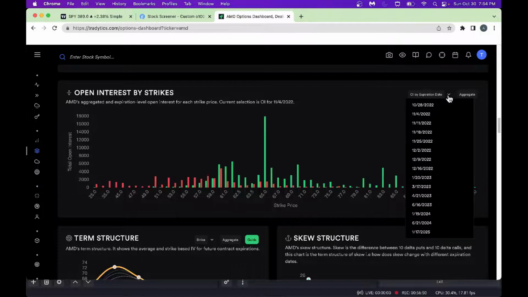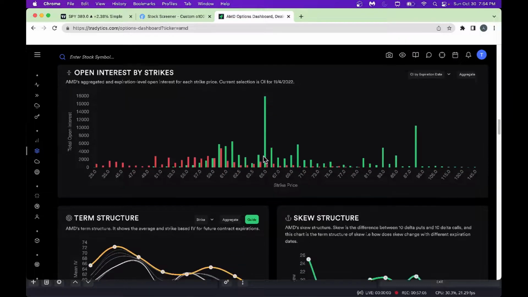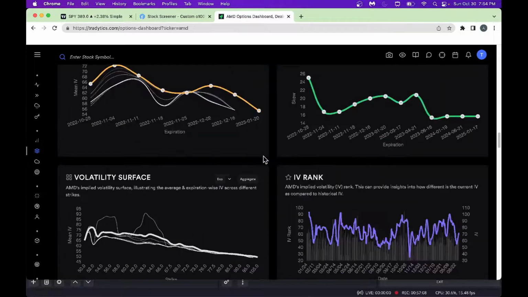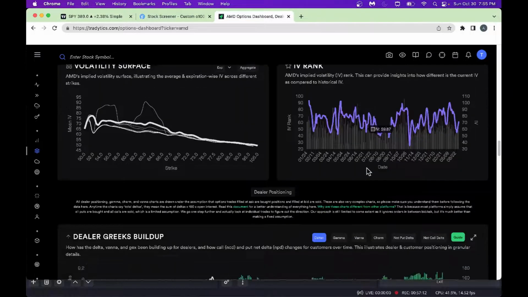This is a very important tool. If you're an options trader, if you're into weeklies or monthlies, you could choose that expiration and see the open interest at certain strikes. See where the most open interest is and place some bets there. Most probably the stock will end up closing at that level by expiration or higher. And then you've got various things going on, the term and the IV rank. You could look at the IV rank also.